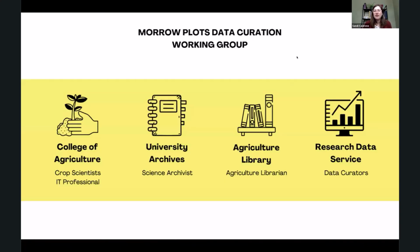And so, as with Amanda's project, this was very much a team effort. I'm part of a data curation working group that has been working on this project since 2018, which was before I even came to the university library. And this is made up of folks from the College of Agriculture, from our university archives, from our agriculture library, and also from our research data service team that I'm a part of. And so this has been a multi-year project that began with really just trying to locate data sources, which took a lot of time,